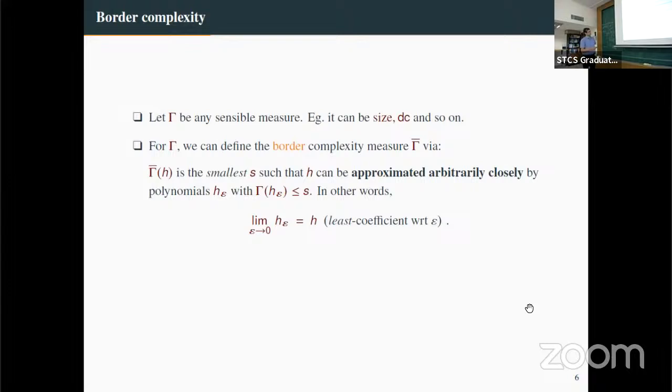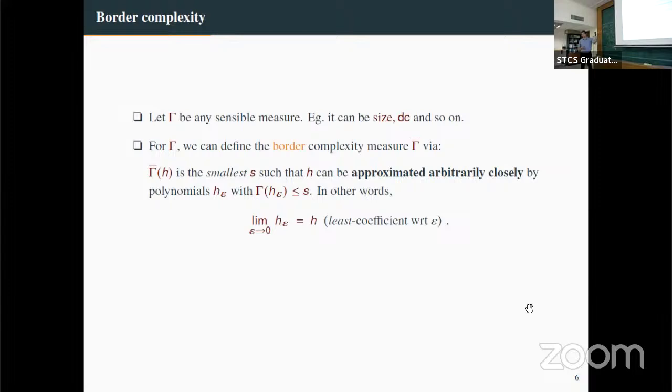So for each epsilon, in fact, I should not say infinitely many here. I think I'm just saying one. So there is a polynomial h epsilon with a small circuit. H epsilon lives here, and when you set epsilon to 0, you will get h. It is that simple. So instead of h, you compute h epsilon, and the understanding is that if I set epsilon to 0, then I get h. So the question is,